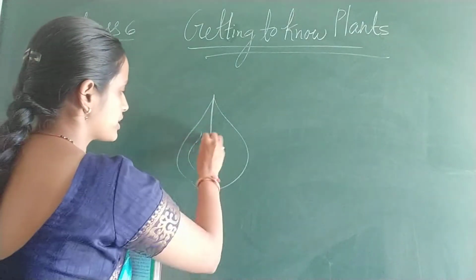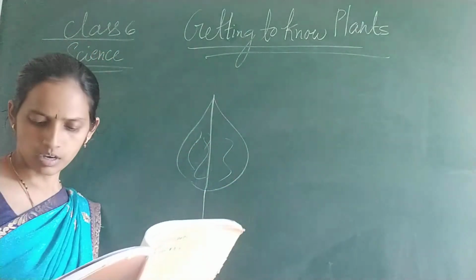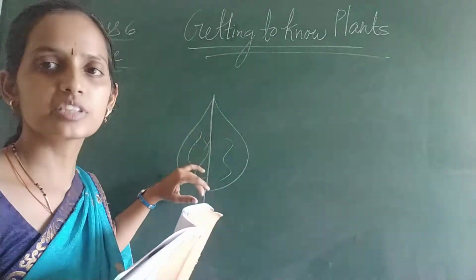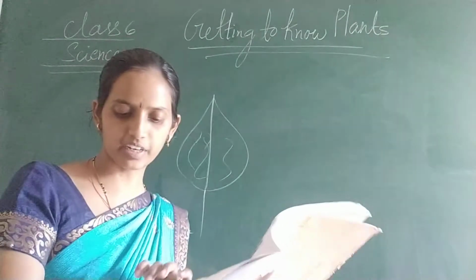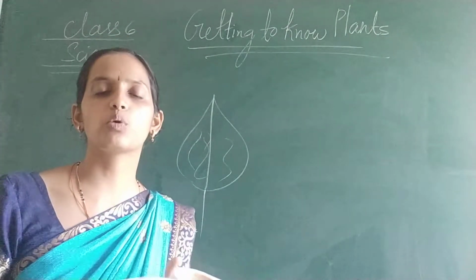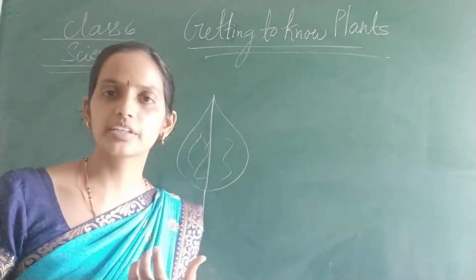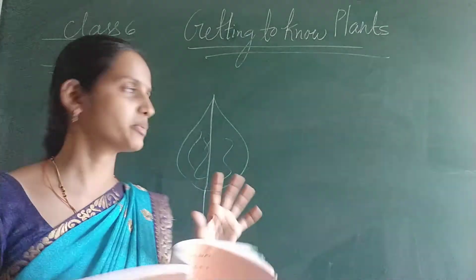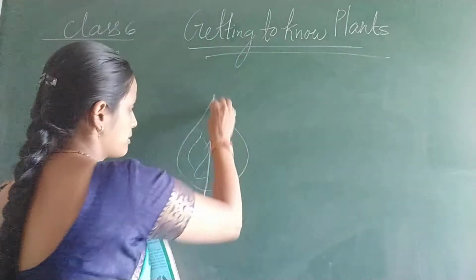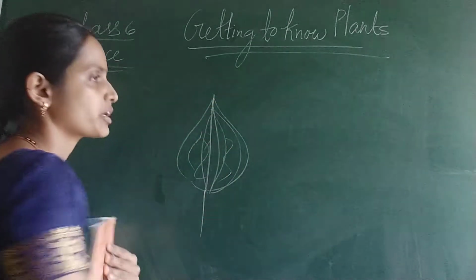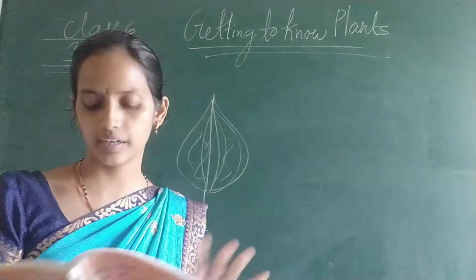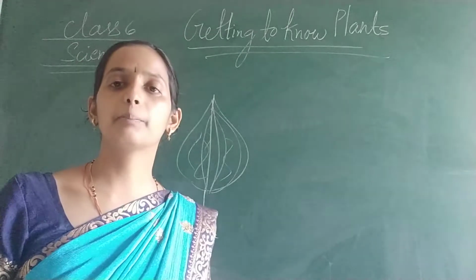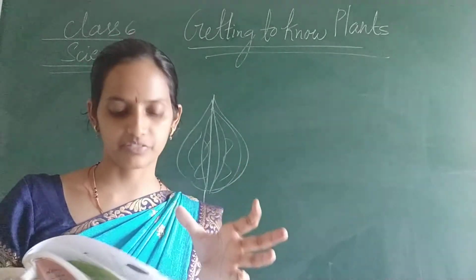Then there is the arrangement of the veins that we call the leaf venation. The arrangement of the veins on the surface of the leaf we call leaf venation, and it is of two types. One is reticulate venation and one is parallel venation, right? Reticulate is a network-like venation arrangement, whereas in parallel venation the veins are parallel to the midrib. You can see this in grasses, right? Reticulate you can see in the example of the peepal tree leaf, right?